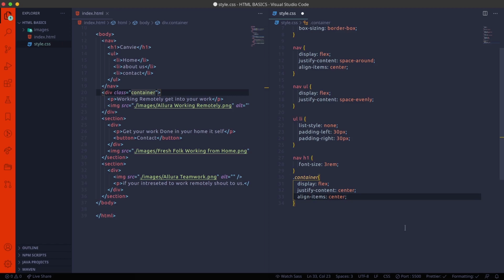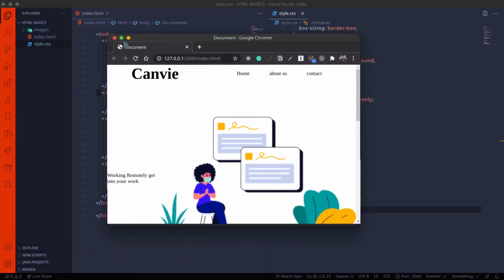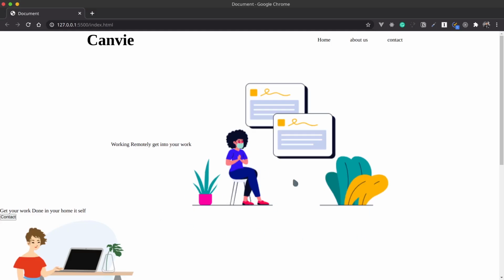And make sure that we use the margin above the content, margin top 100 pixels. So now you can see the difference. Here the whole property is now in the center and the items are aligned center.